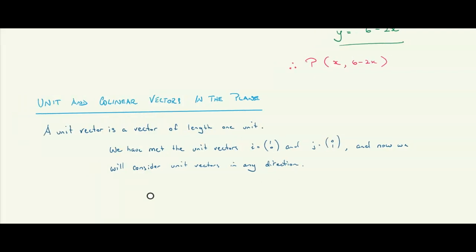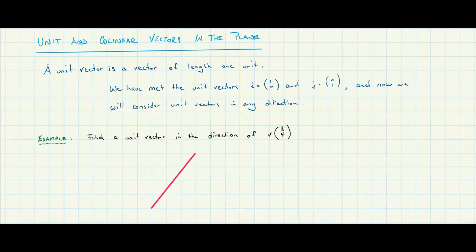All right, so let's find a unit vector in the direction of this vector here, 3, 4. This is v, right? So we'll name this guy v. There he is, nice bold v. Now the unit vector in the direction of v, 3, 4. So the first thing we need to figure out, and you can probably do this, and maybe this is a pause and play for you right now, go and figure out what the vector is that is